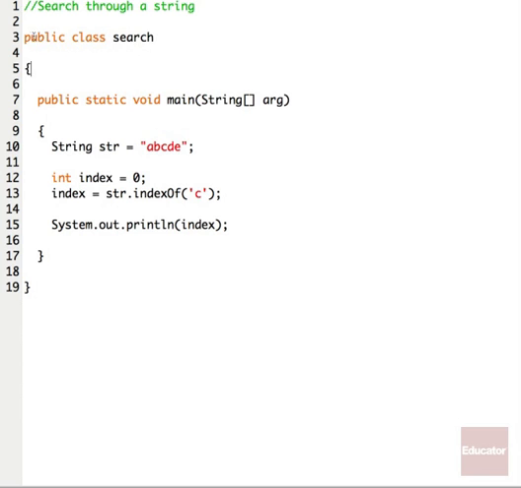All right, so this is going to be our public class search. This is a simpler program, so we're not importing any pre-built scanner classes or import utilities. We have our public static void main statement. Then we say search the string ABCDE, a simple text string. We identify index as a variable, an integer variable, and we start that as 0. So strings are always going to start with 0. So A is 0, B is 1, C is 2, and so forth.